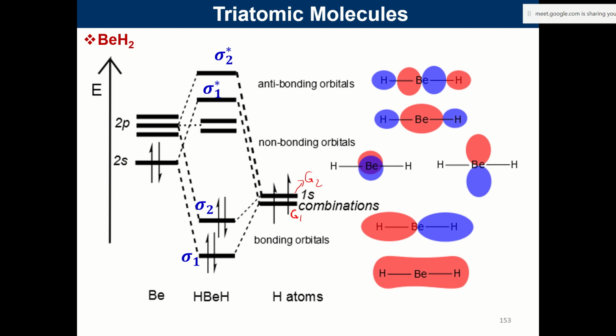Now the first combination, when you have all of them together, the 2s orbital and the 1s, all in phase, plus plus plus sign, so this is the kind of orbital. This is the sigma 1 orbital that is formed, pictorially representing the same thing, and another with a combination of G2. So this is due to the combination of 2s